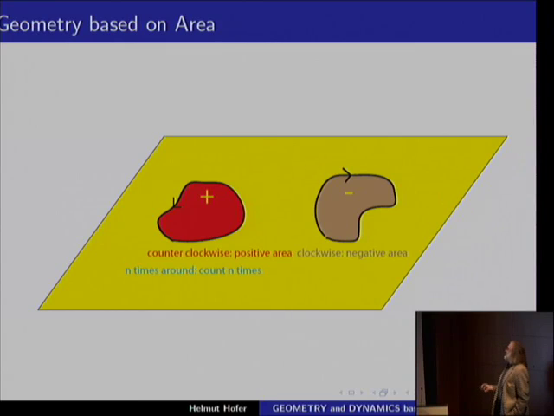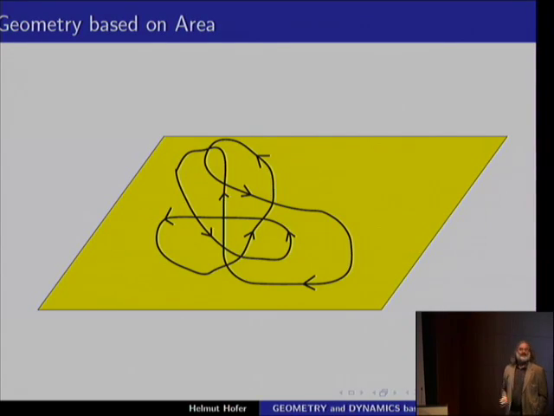Now, take a curve running clockwise. Again, it surrounds some area. We say, in this case, it's a convention, we count this area negatively. So suppose you go on the same curve twice around, then you count it twice. So with 2 times the positive area, you've got twice around here, you count it twice as well. Once you did these conventions, you can associate an area to this curve here.